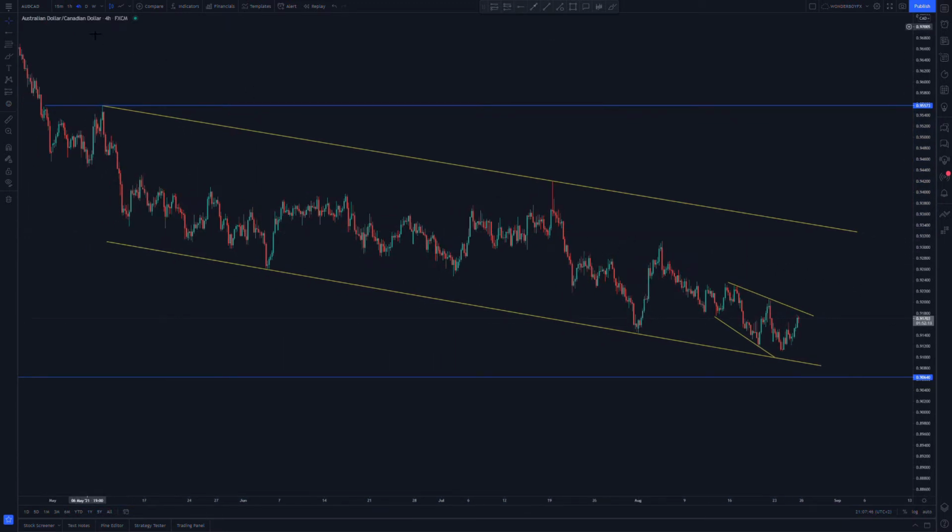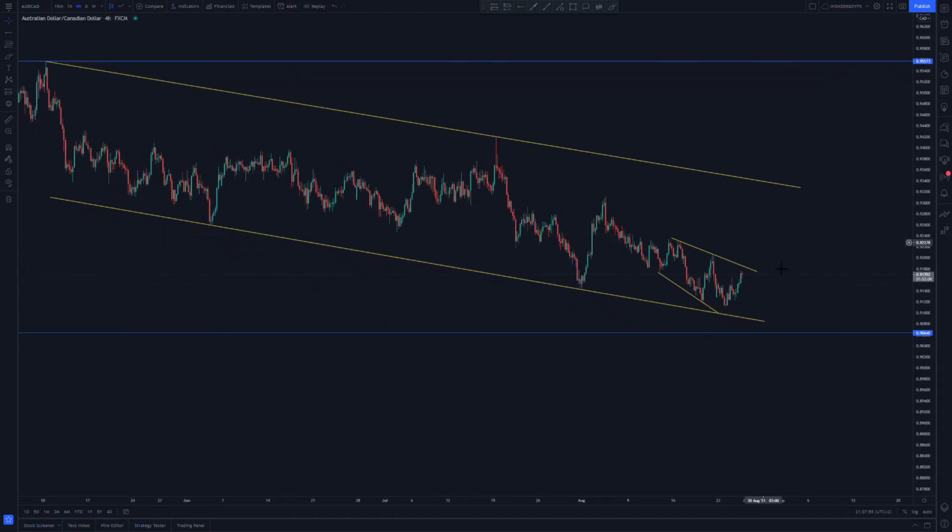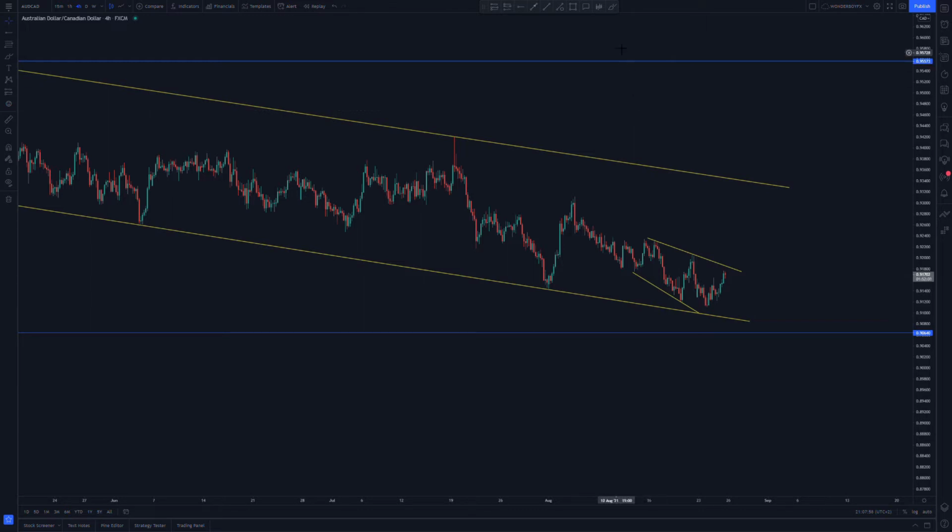So I'm just gonna start off with this pair, which is Australian dollar versus Canadian dollar. As you can see, I outlined that I was looking for price to come to this area and then push to the upside, but now as you can see, it's more likely to be moving correctively to the upside. So what I'm looking for now is to see if we're gonna form a structure around these areas to continue to push to the upside. But